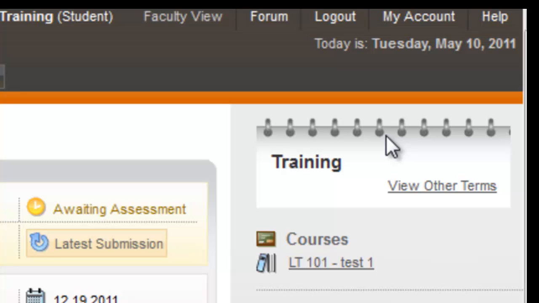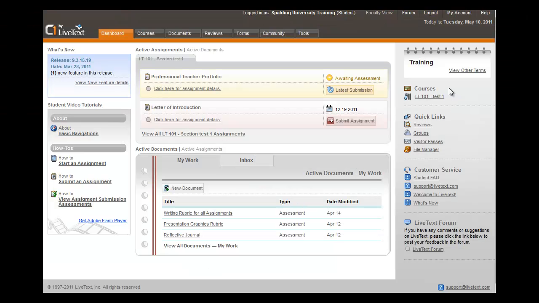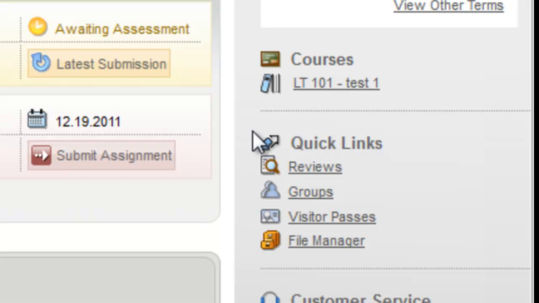On the right-hand side, you will see the list of terms in which you are registered for courses. In your account, you will probably see spring, summer, and fall courses. Below the terms, you'll see the list of the courses that you are currently registered in. Below the list of courses, you will see a section that includes quick links to reviews, groups, visitor passes, your